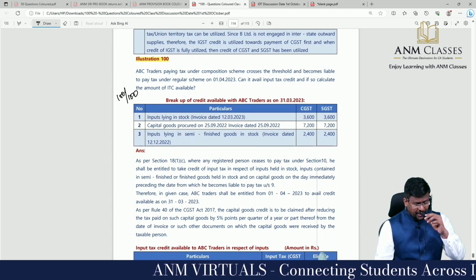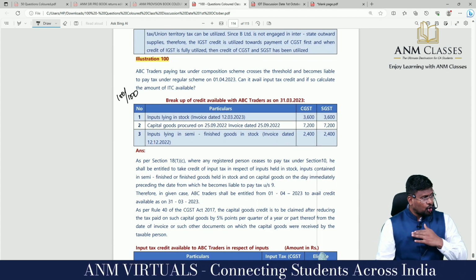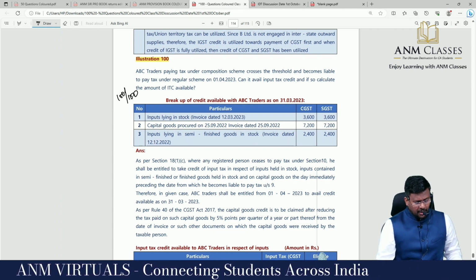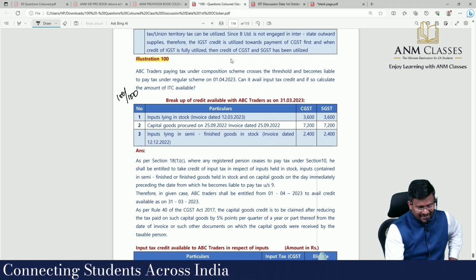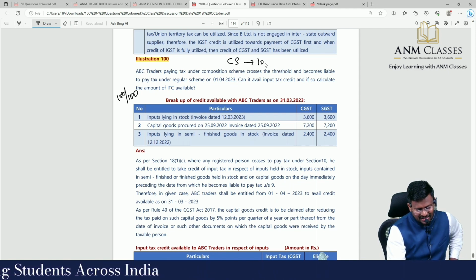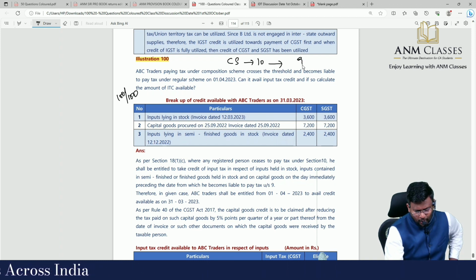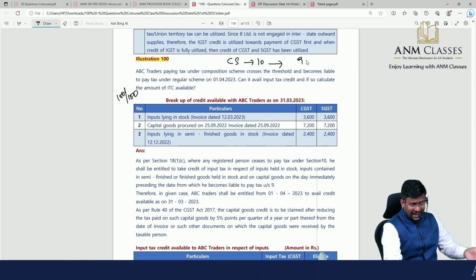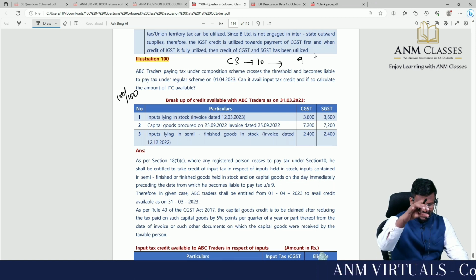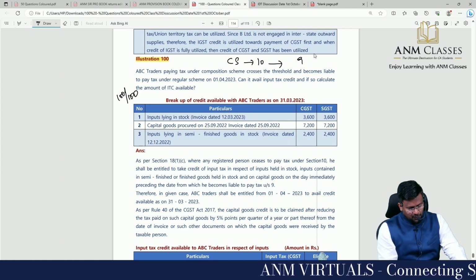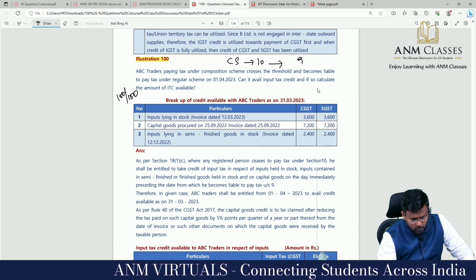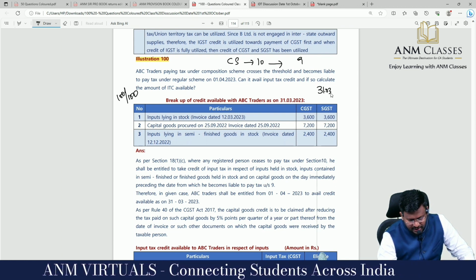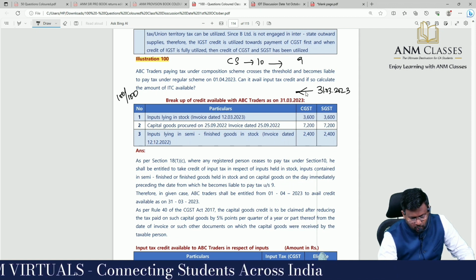ABC traders paying tax under composition scheme crosses the threshold and become liable to pay tax under regular scheme on 1/4/2023. அப்ப இத்தனை நாள் என்ன ஸ்கீம்ல இருந்தாங்க? செக்ஷன் 10 ரூட்ல இருந்தாங்க. 10ல இருந்து வெளியே போய் can it avail ITC, and if so calculate the amount of ITC. Breakup of credit available with ABC traders are as follows. Input lying in stock. அப்ப எப்ப வெளியே வந்திருக்காங்க? 1/4/2023. அதுக்கு ஒரு நாள் முன்னாடி 31/3/2023. அதுக்கு ஒரு வருஷம் முன்னாடி